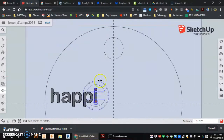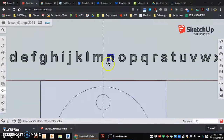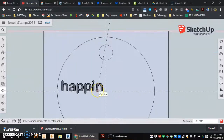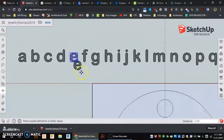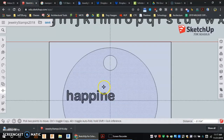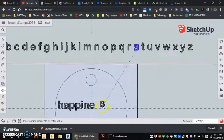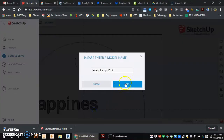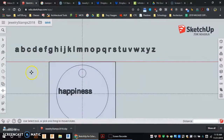I. And tapping the control key every time. E. S. Happiness. Okay. Now you'll notice it's not centered in either direction, so I'm going to use the select tool and